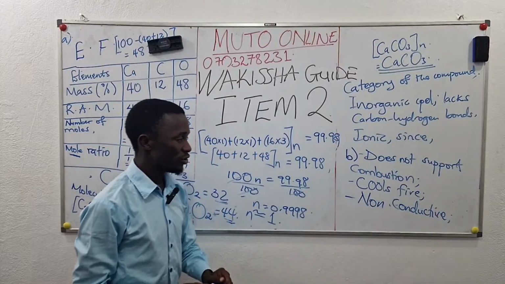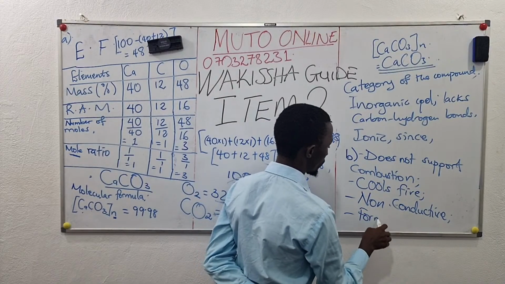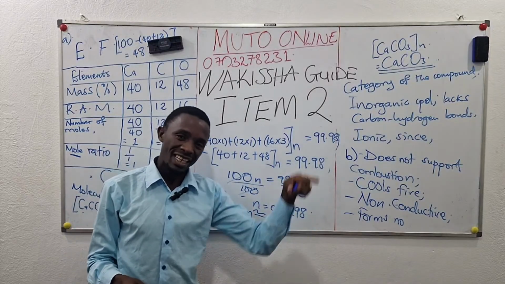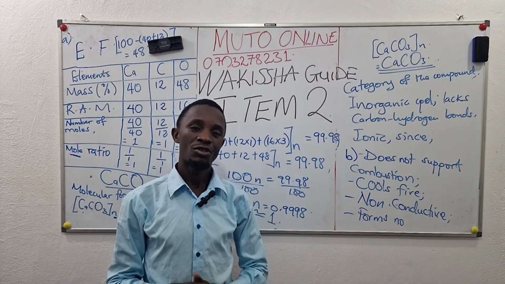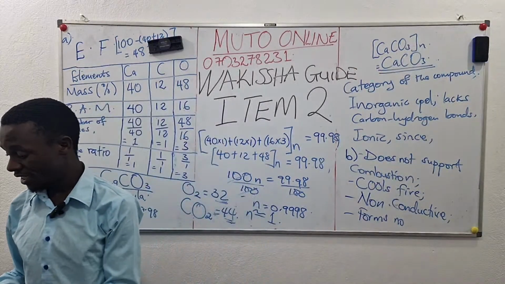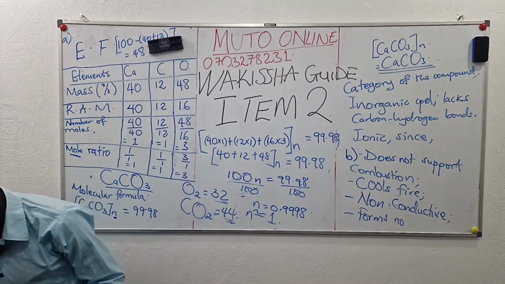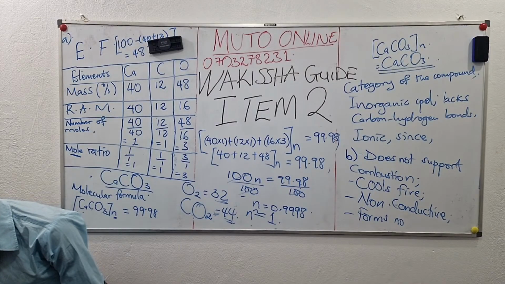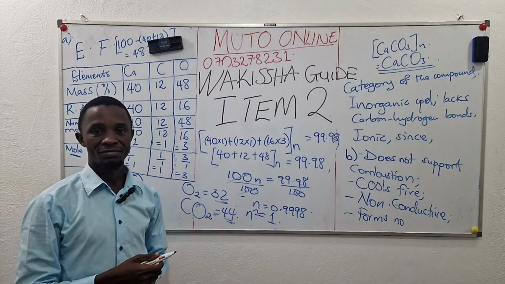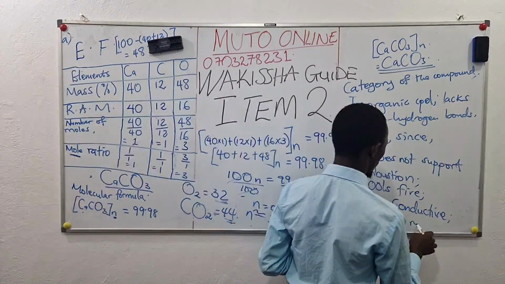The carbon dioxide we are talking of forms no residue. We are only talking about carbon dioxide in line with putting out fire, because it's the intention of the item setter when I look at it. He's ending with the substance in the fire extinguisher that really stops the fire. So it forms no residue.